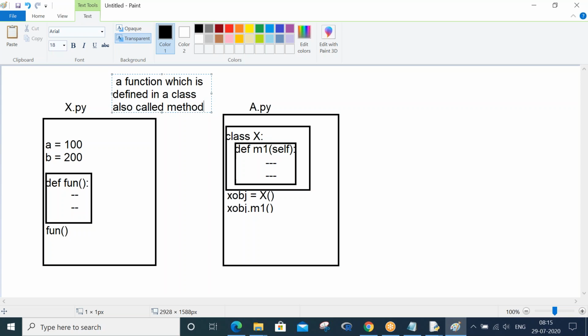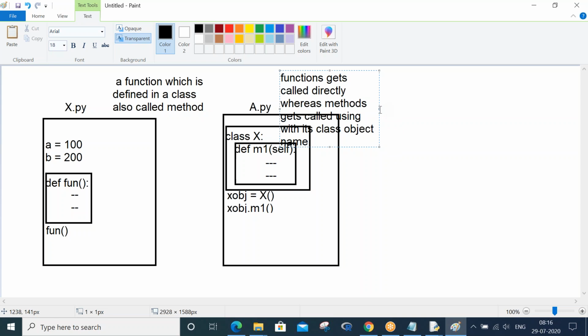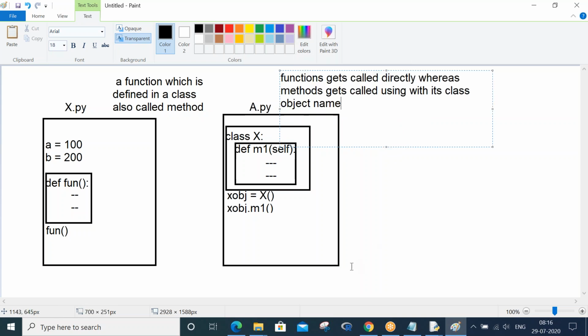Functions get called directly, whereas methods get called using their class object name. So what do you mean by that, sir? Using its class object name.